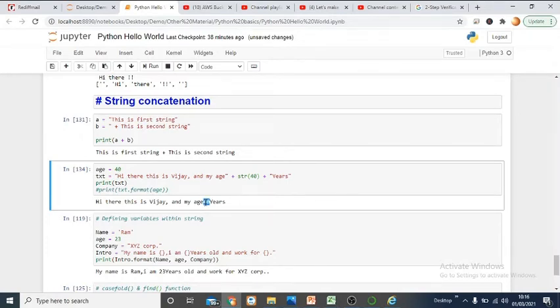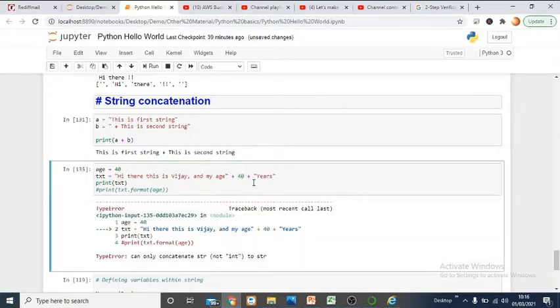So this is a very lengthy, tedious task, and at the same time, as you saw in the error, if we use it as an integer, then that will not work, because it's an integer type. Integer type is not supported in conjunction with strings. So to overcome all these problems, we have the format function.